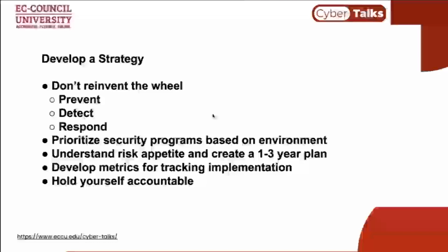Additionally, when you understand your environment and you have this strategy framework, you can also then begin to say, okay, we don't want to overwhelm our partners in development, so we're going to prioritize the security programs that we implement. And so then you begin to create a process where you implement and kind of ratchet up your security over a period of time. It's not something that you come and slap them in the face with immediately. As part of that process of